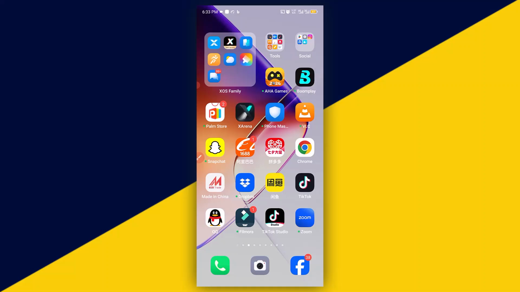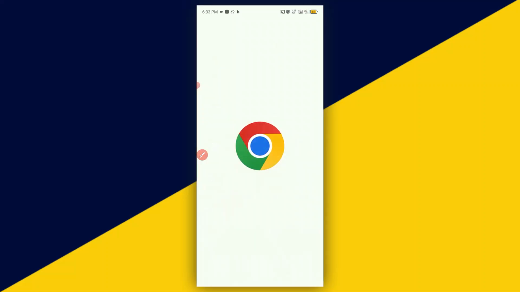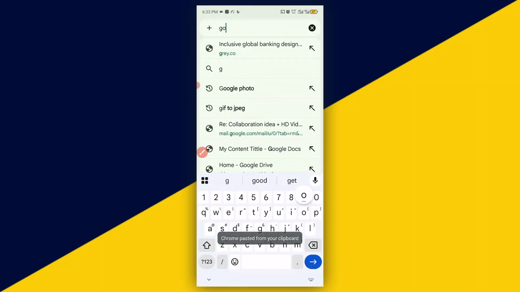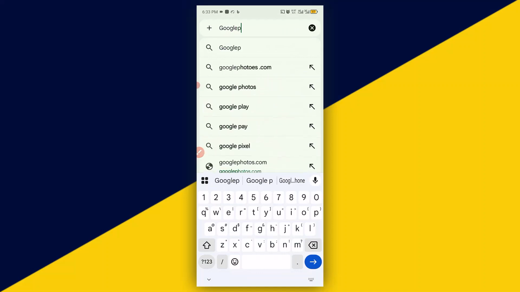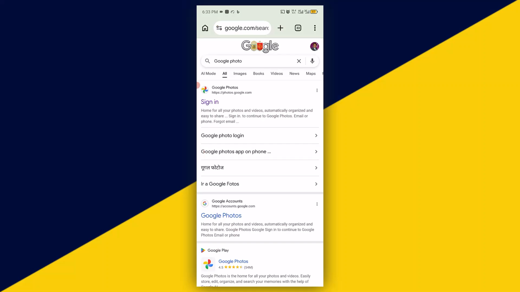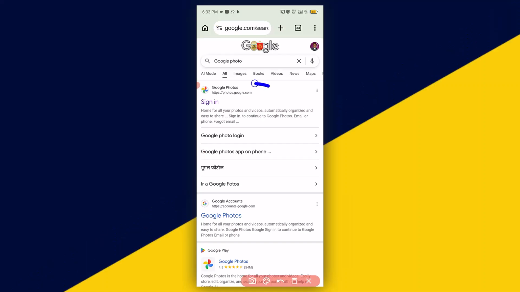The very first thing you want to do is to go ahead and open up your Chrome browser. Then go ahead and click on Google search. Then go ahead and type in Google Photo and hit on search. That's going to take you right here. What you need to do is to go ahead and click on this first result right here, photos.google.com. Click on it,